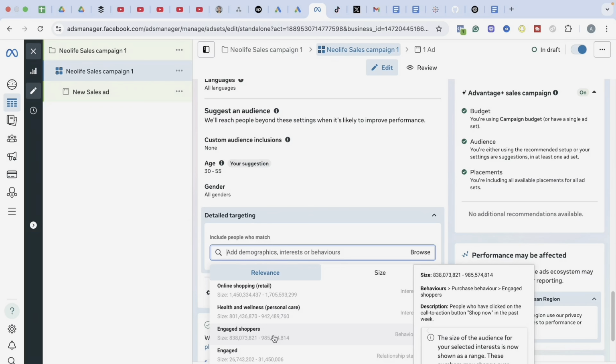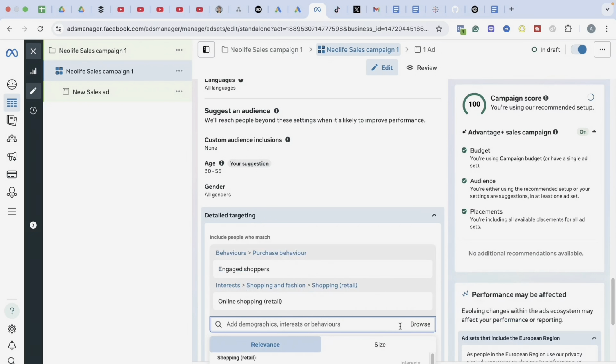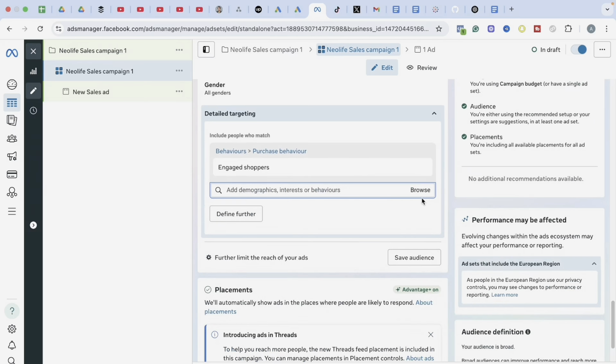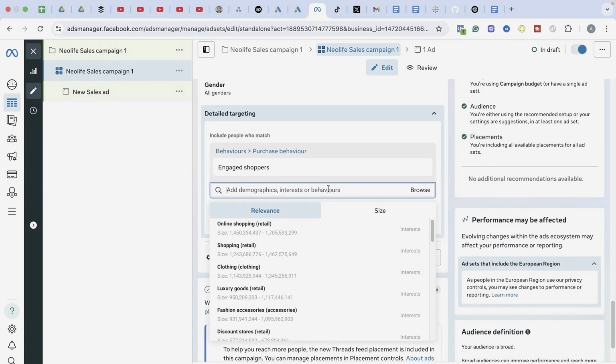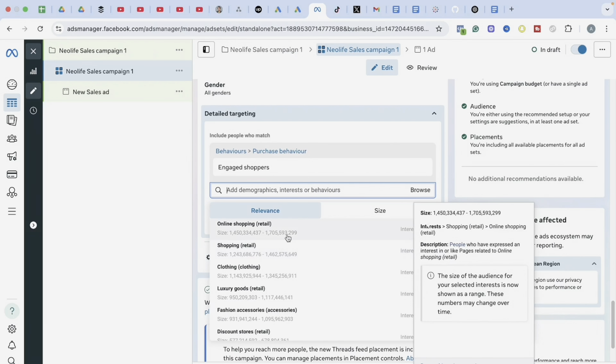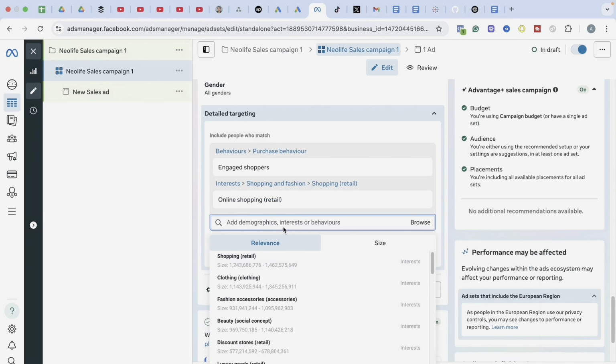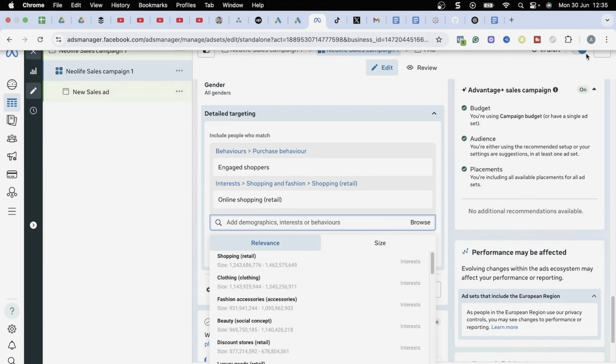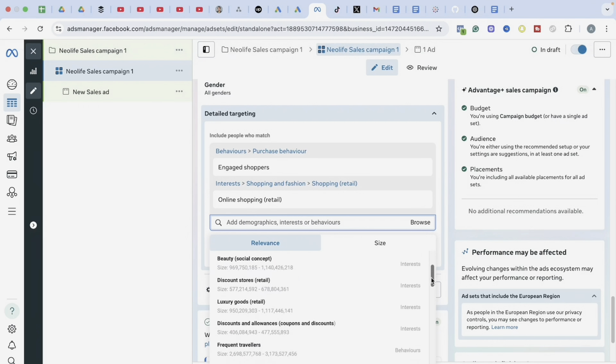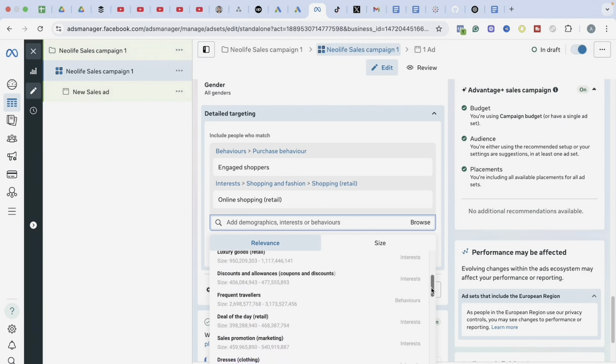So if I click on this now, I'll come down a bit again. If I am not selecting this yet, if I come to this suggestion again, you will see online shopping. I also want to target people that buy things online. I will select this. You should select people that you know have interest in your product, people that you know will buy your product.